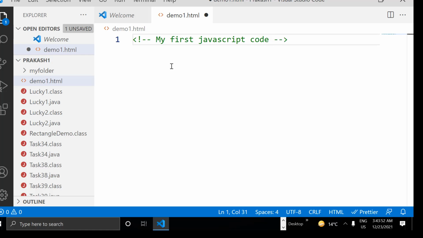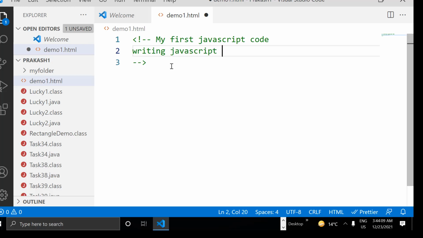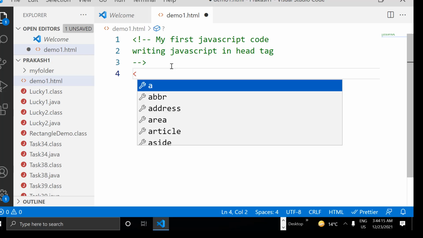Okay, so what is this? Writing code in a, or writing JavaScript in a head tag. Okay, this is what I wrote as a comment, and after that, so we need to write